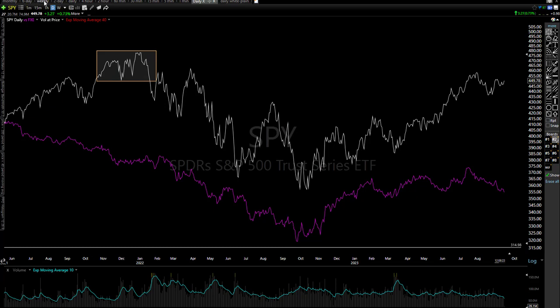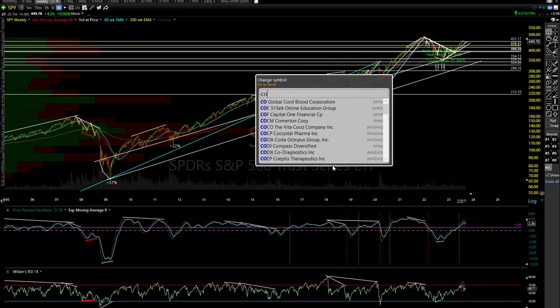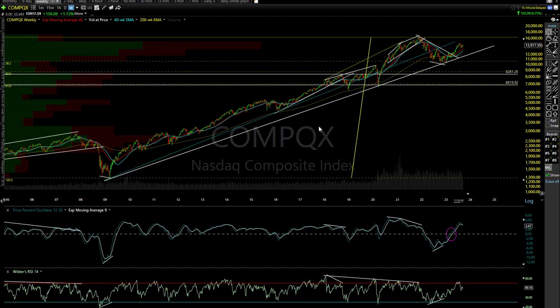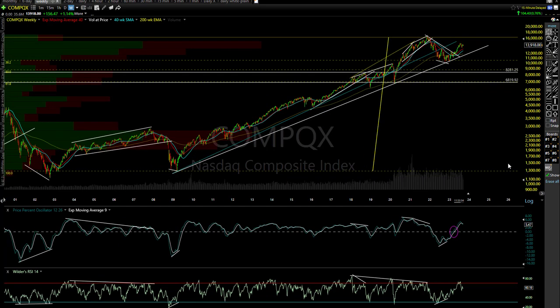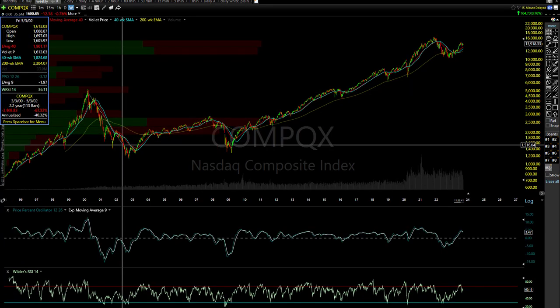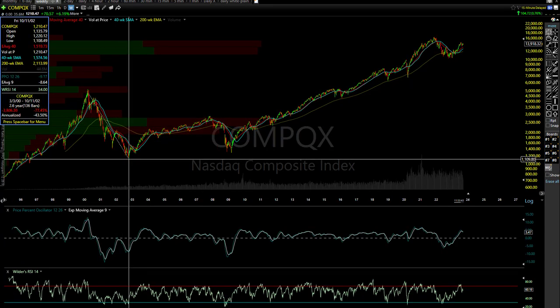Let me just jump back to one other chart here, and I'll just show you that. So let's look at the NASDAQ composite. Or you can go to even QQQ. The NASDAQ composite is all the stocks that trade on the NASDAQ. Let me turn off all the lines, and I just want to measure it for you. The NASDAQ composite, after that bubble popped,